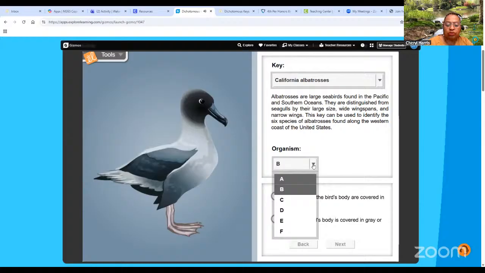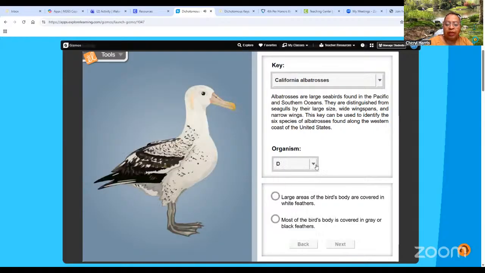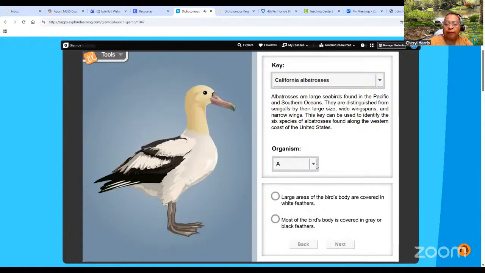This is how you change organisms. You just hit the drop down, and as we go along, we're going to look at a couple of birds, and after you finish going through this activity, then it will take you to